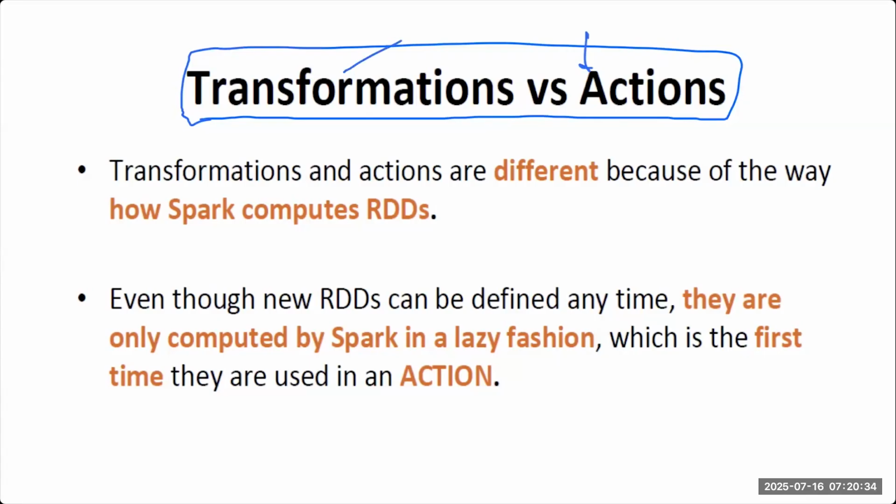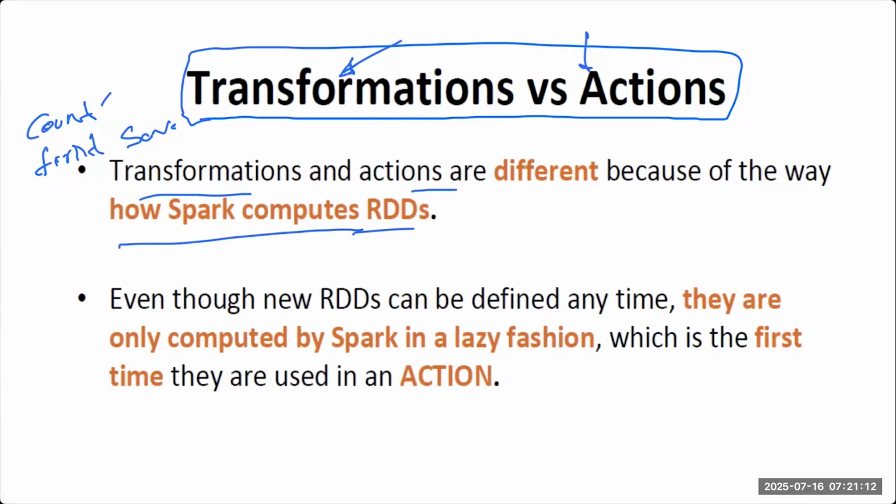So filtering of data and all are transformations, right? Action is count, then first, then if you are saving somewhere. So an action will give you the result. Let's suppose I read the data and I want to count the lines. I will use count, and it will return how many lines there are. Okay, so now how do RDDs compute?